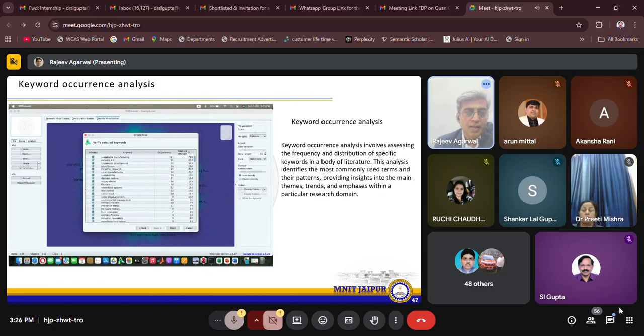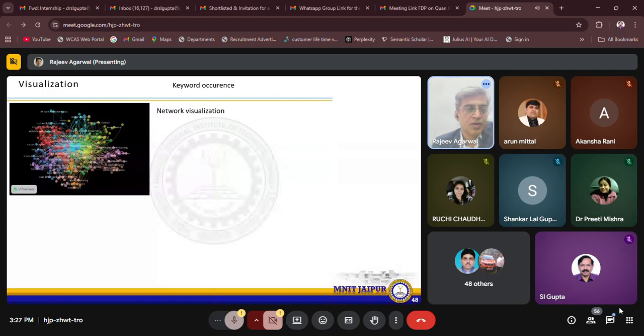Now, you need to know, if I am using these keywords, how many are actually using these keywords. So keyword occurrence analysis looks at the frequency or distribution of specific keywords. So you want to gain insight into the themes, trends, and emphasis within a particular research domain. So here,